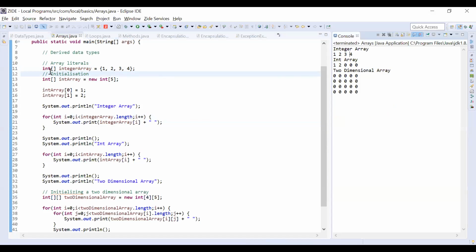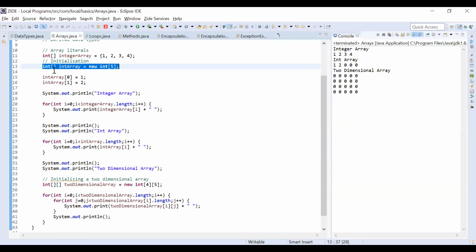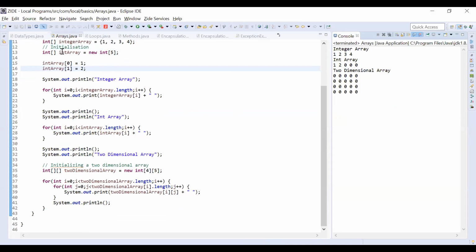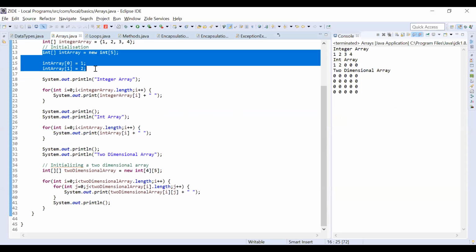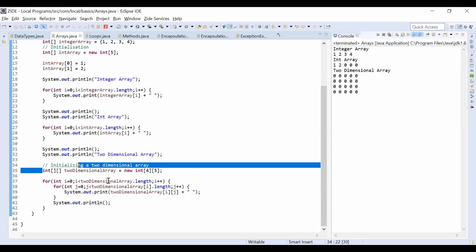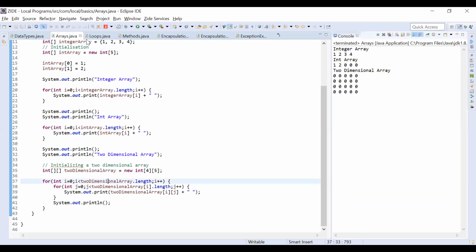And similarly, if you initialize an array and directly store only a part of the values, then the remaining values will be stored as 0 by default, for which you can make use of this one as an example. And for two-dimensional arrays, this is the example. This is the simplest form and explanation for arrays, where you can make use of any kind of initialization also.